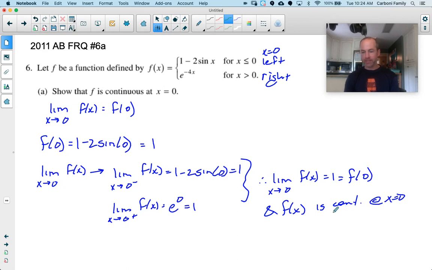You can see that I did write a conclusive statement that f is continuous. Probably not necessary because establishing that the limit is equal to f of whatever, that would have shown that f is